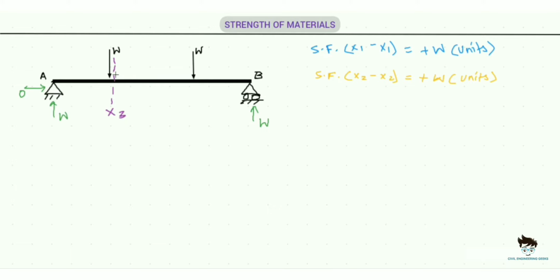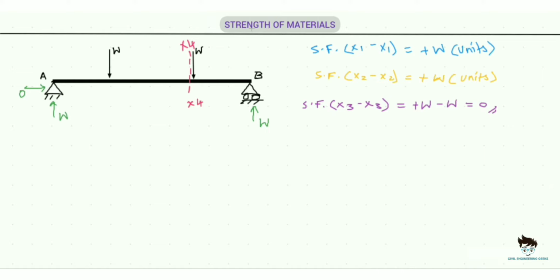Considering the left side of the beam, the shear force at section 33 will be equal to plus W, which is the reaction acting in the upward direction, minus W, which is the load acting in the downward direction, equal to 0. Therefore, the shear force at section 33 will be equal to 0. See, now I think you would have understood why we consider two sections before and after the loads. It is because we will have a sudden drop or rise at the point where the point load or concentrated load acts.